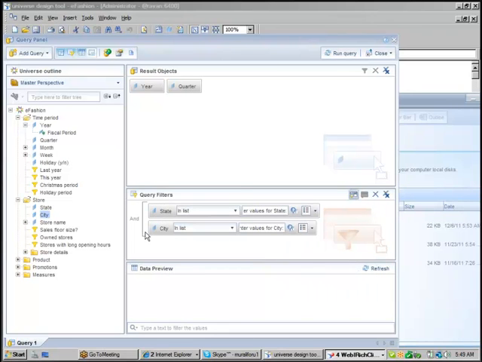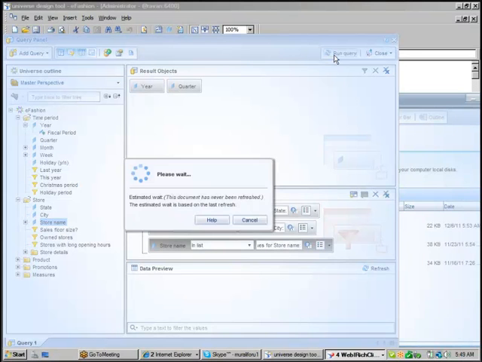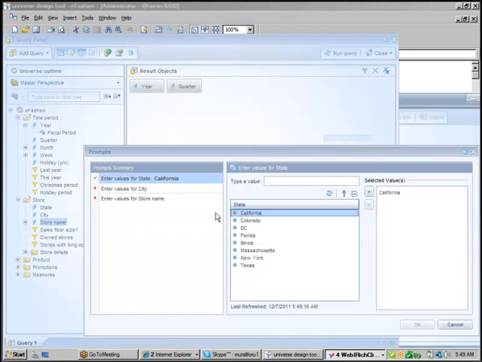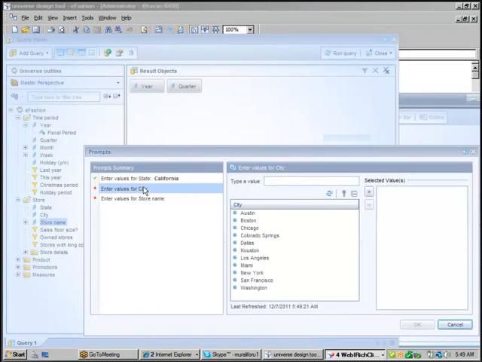Prompt on city, as well as drag and drop store. Make a prompt on store. Click on run query. Now you are selecting state as California. City needs to display only California cities, but it is displaying all the cities.